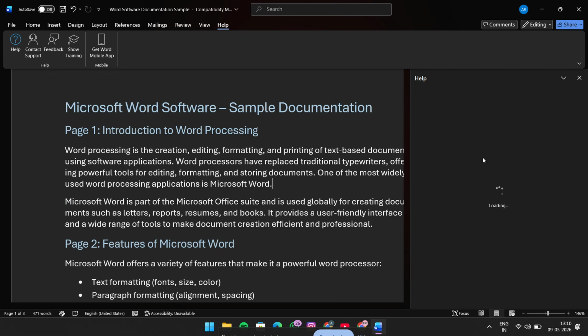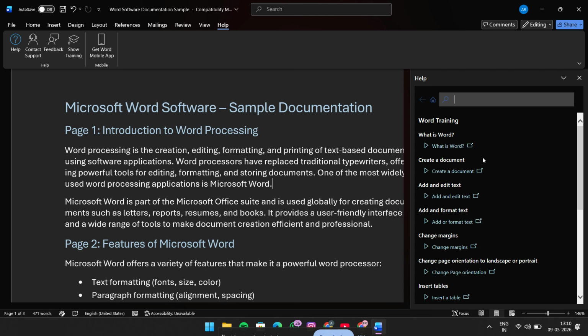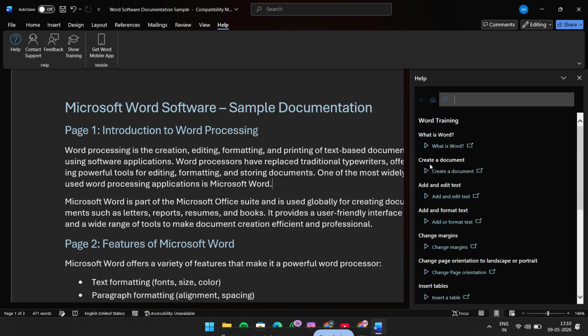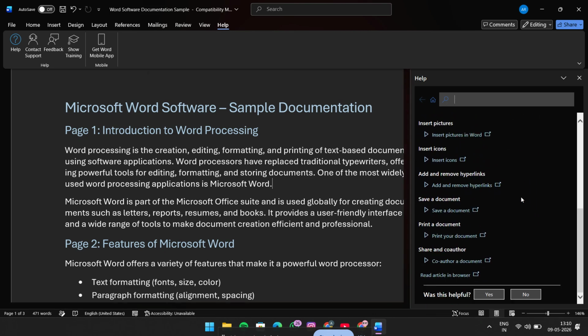From there, you can browse the available training topics and choose the one that matches what you want to learn. This could include basic formatting, document creation, page layout, inserting objects, or other useful Word features. If you're just starting out, this is a great way to build confidence and learn at your own pace. And if you already know the basics, it's still a helpful place to discover new tools and shortcuts you may